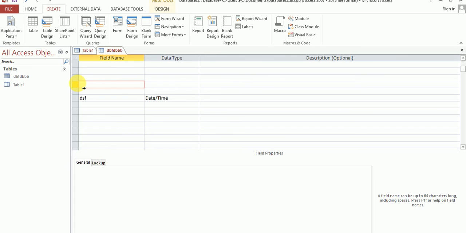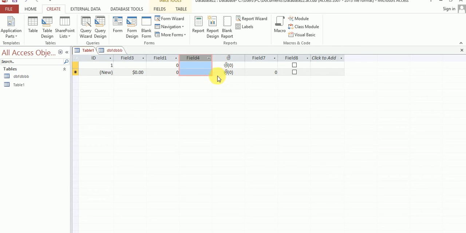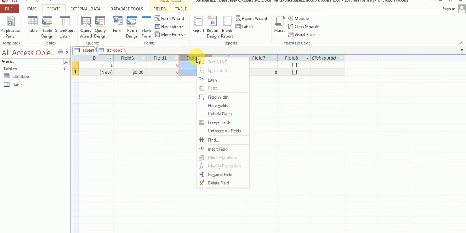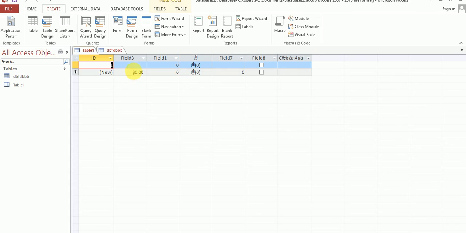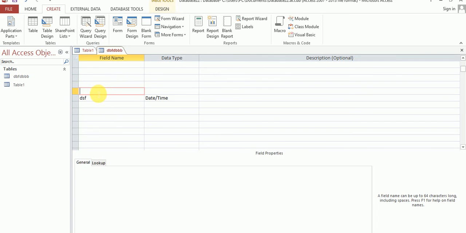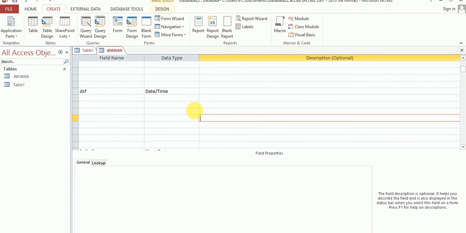Suppose you want to delete a field, then just select your row or column. In datasheet view, select the column which you want to delete, right click on the mouse and click on the delete field option. Same process in design view. Just select the row which you want to delete, right click on your mouse and choose the delete row option. Okay, I hope everyone understood. Next, click on the yes button to confirm the deletion of the selected field.